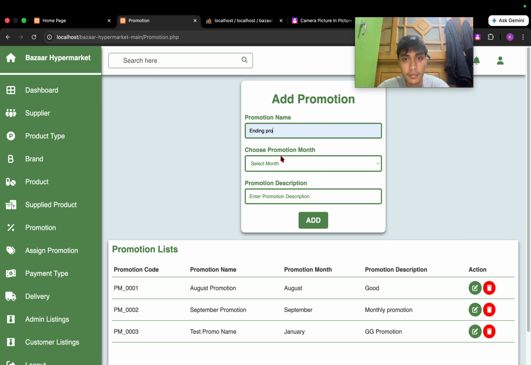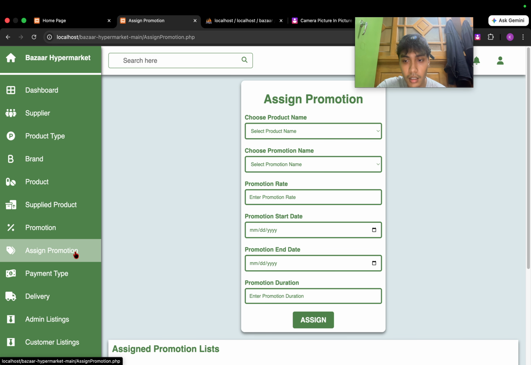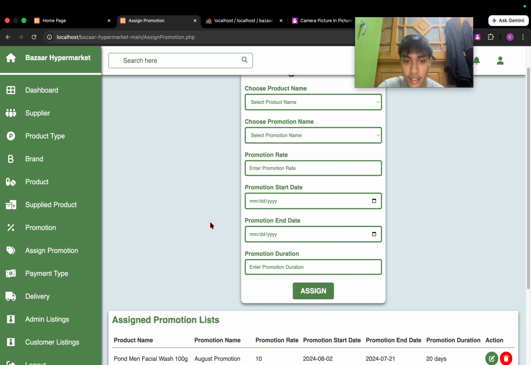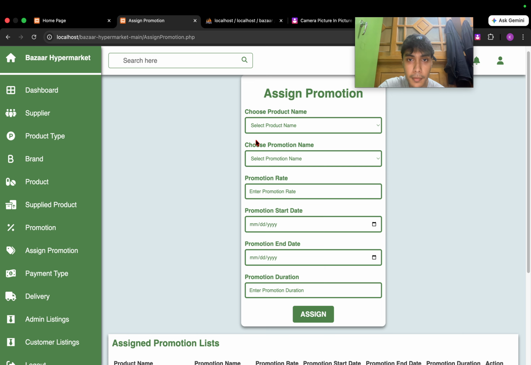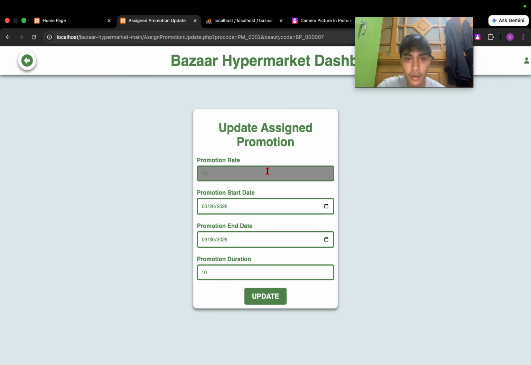Example, add a promotion. Then I will assign the promotion in the assign promotion section. Example, the promotion rate is 5%, and the promotion duration is one month. So update.